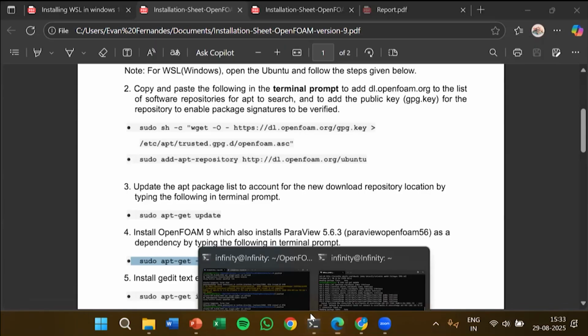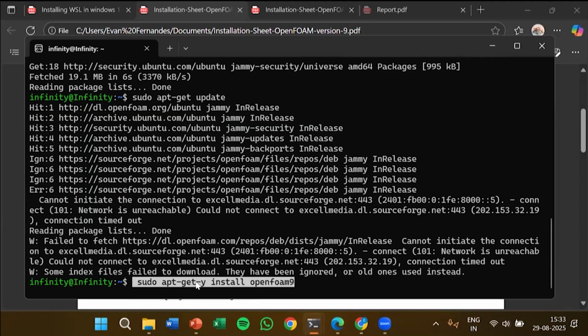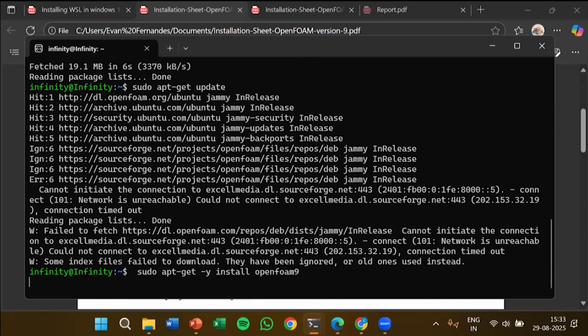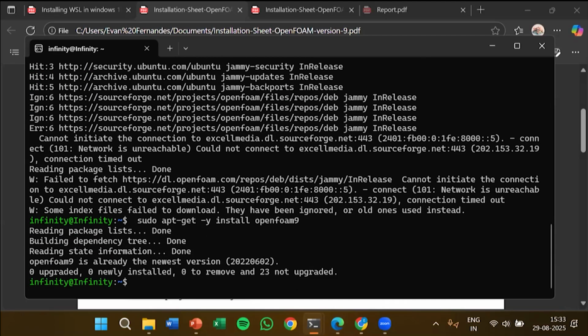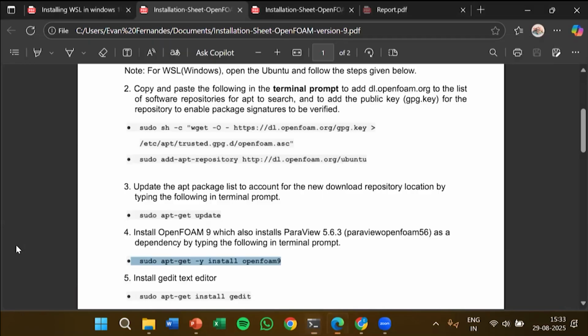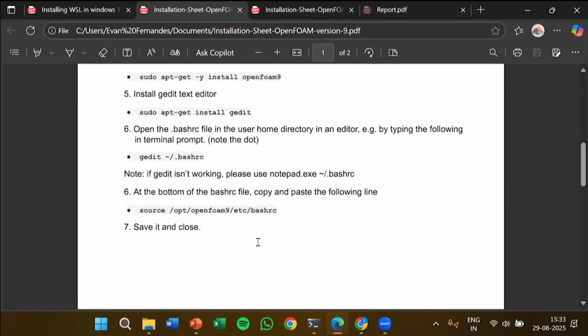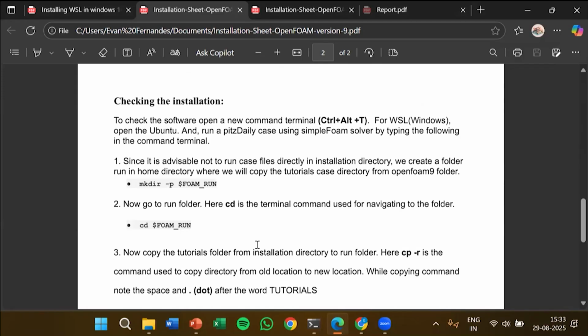There's a space between Y. Since I had OpenFOAM 9 installed, it will not give me any problem. But in case you have any errors over here, at the end of the sheet,